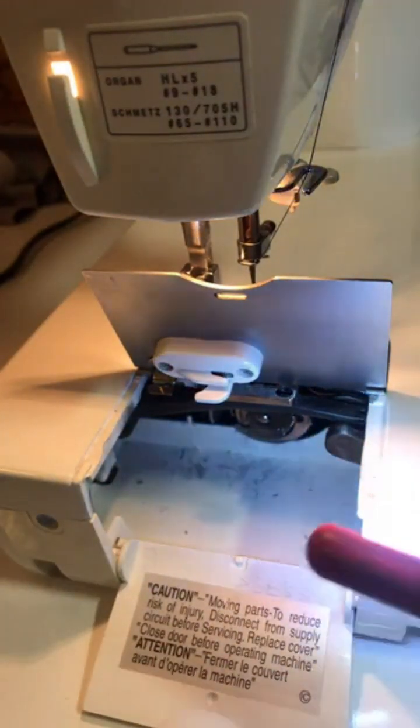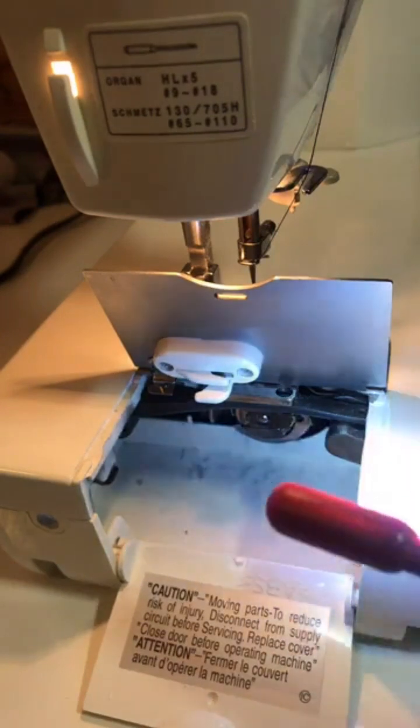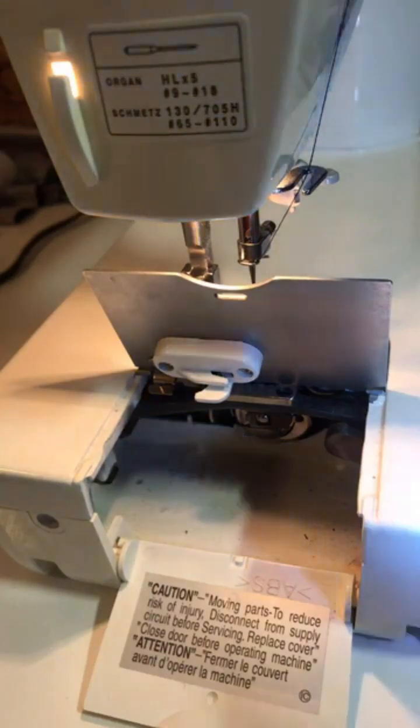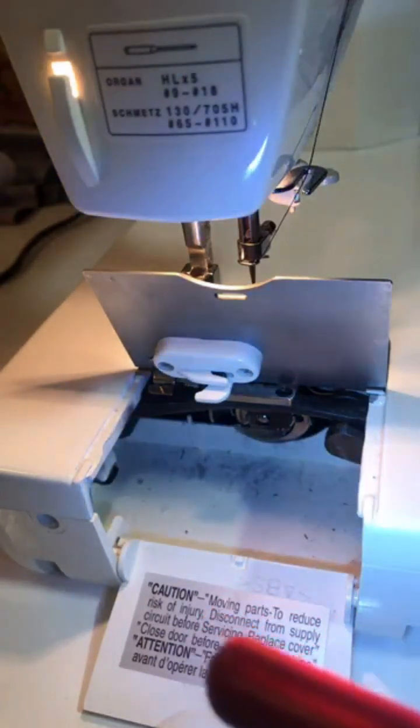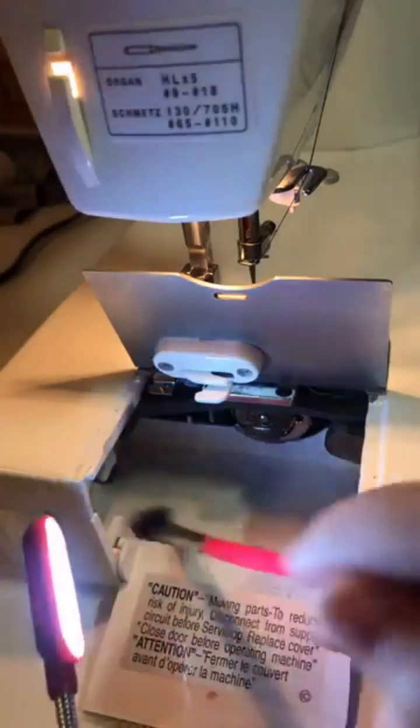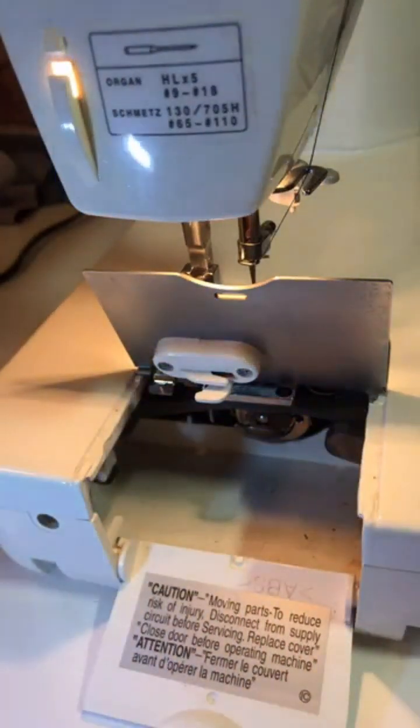It actually depends on how much you use it. When it looks linty, clean it. If you start getting skipped stitches or you start seeing brown specks or gray specks on your especially bobbin thread, clean it. If you want to clean it, I'll just take a little brush and work. What comes with your machine